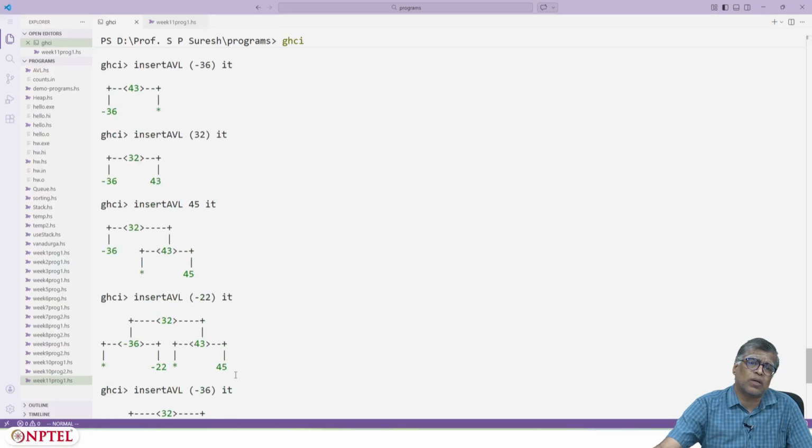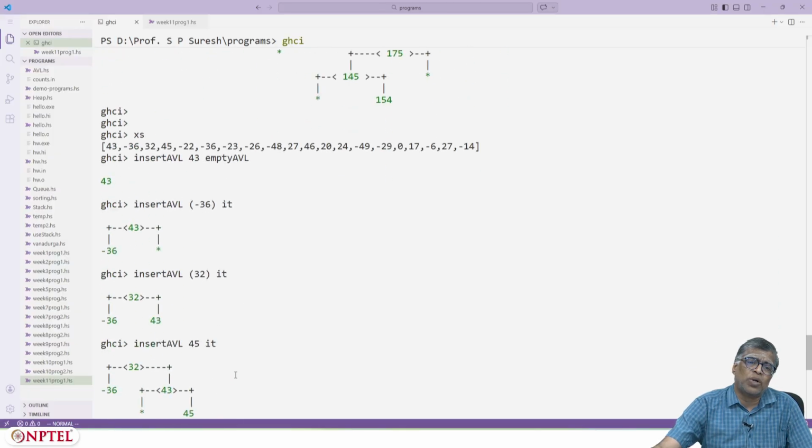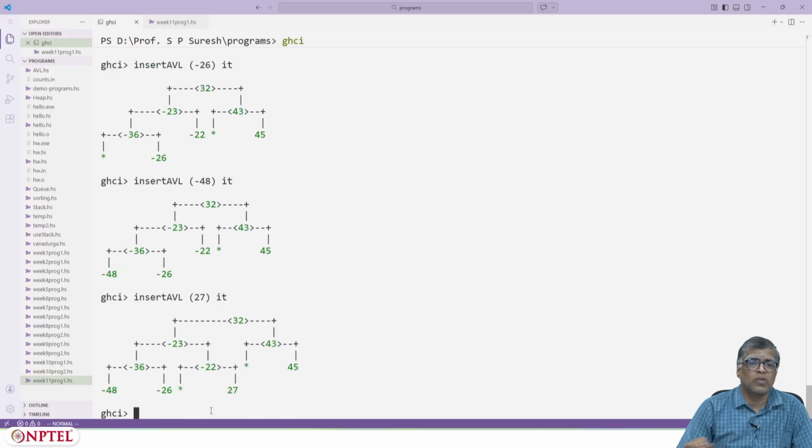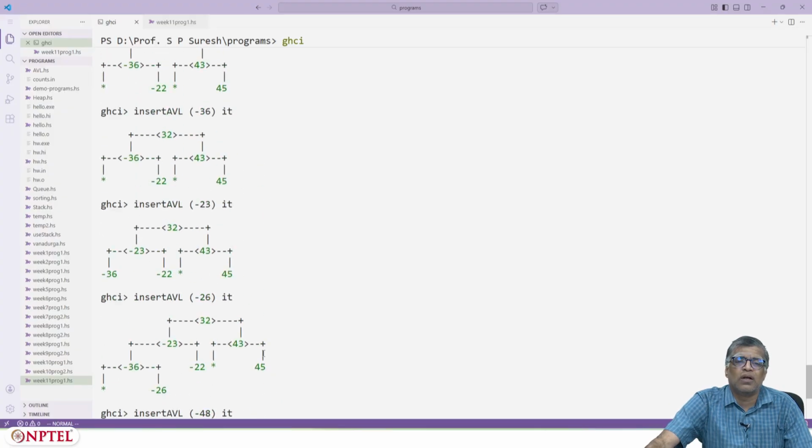Plus 27. Okay, good. So, there is a lot of space to fill in without increasing the height. As long as it's possible, it will keep on maintaining this height.